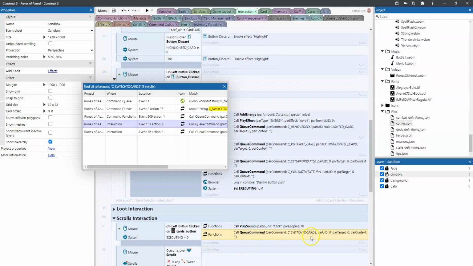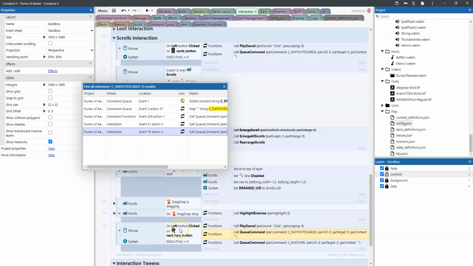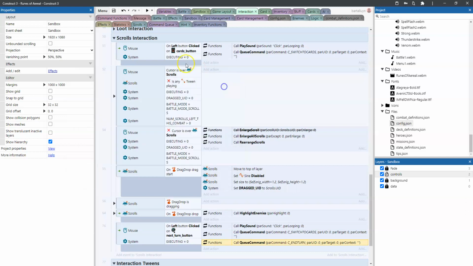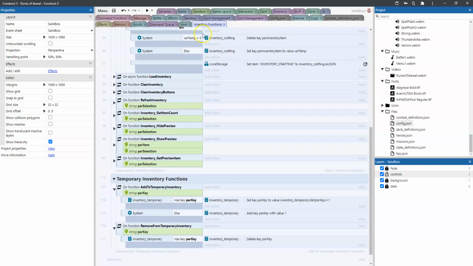If we then go and look, what happens is here in the scroll interaction, when we click the cards button, we switch to the cards. And also when we click the next turn button, we also switch to the cards. So that when we do the next turn, we first switch to the cards, and only when that's done, we end the turn. So that's basically what happens. In order to implement that, what I had to do was